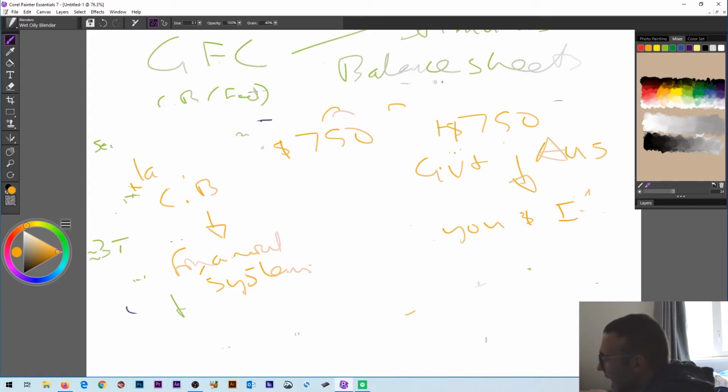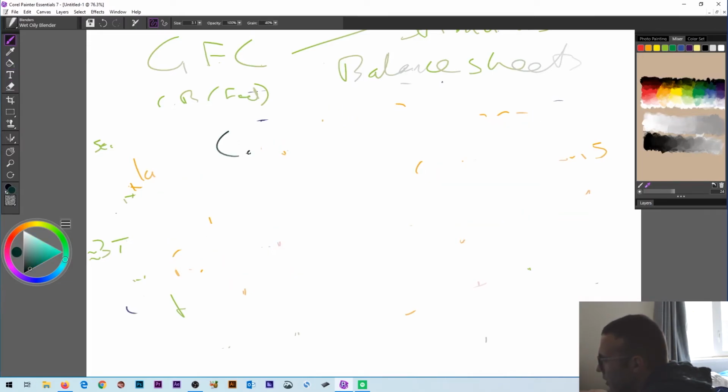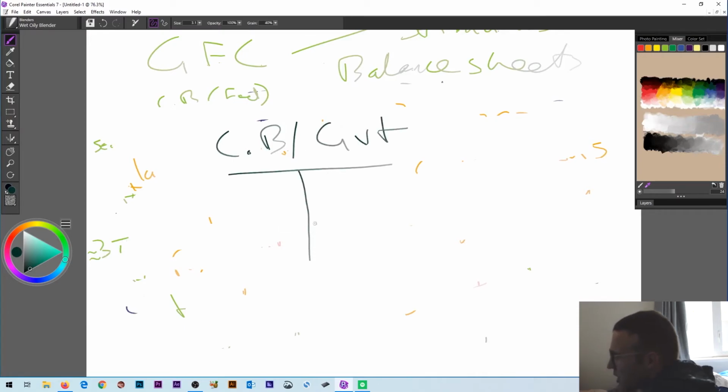But what's happening now with COVID is something completely different. What we have now is central banks and government, and basically we have a consolidated balance sheet now. They're no longer separate entities, and they're working together. And that's why they're cutting checks, they're giving stimulus money, not only to businesses, but to you and I, in most places around the world. And so that's the sense in which COVID-19 is different.